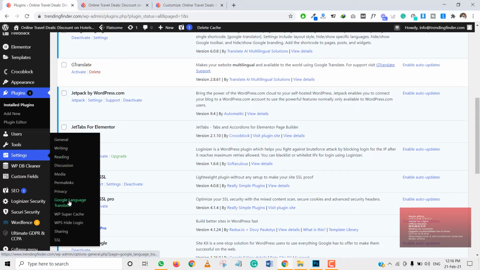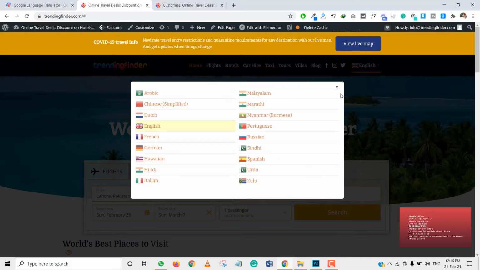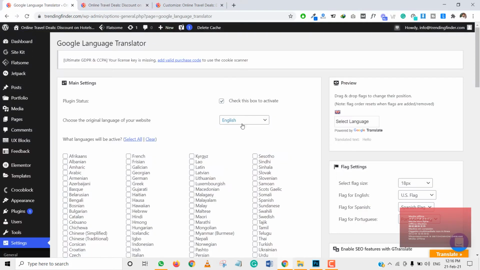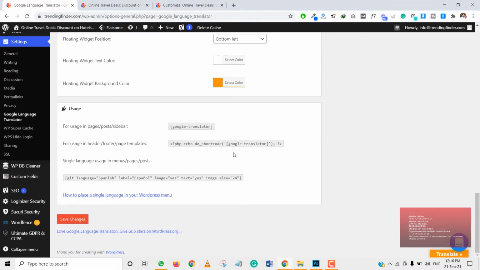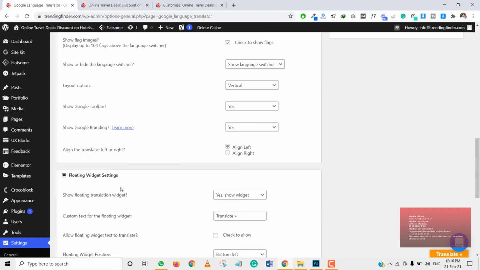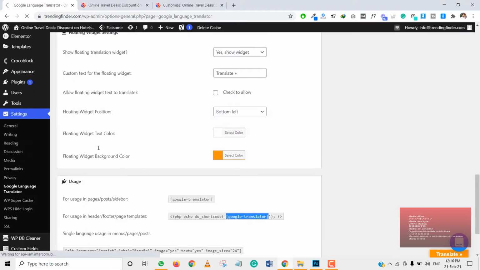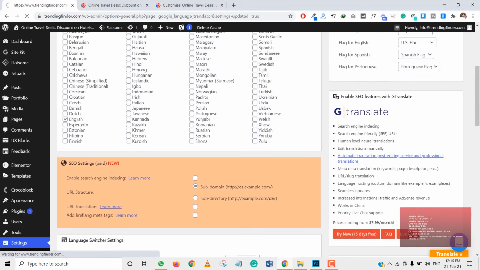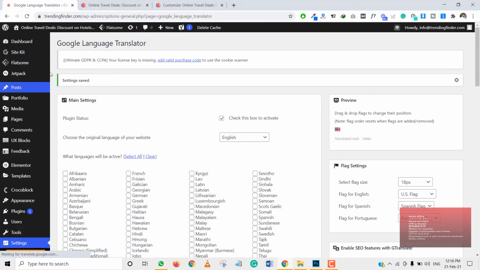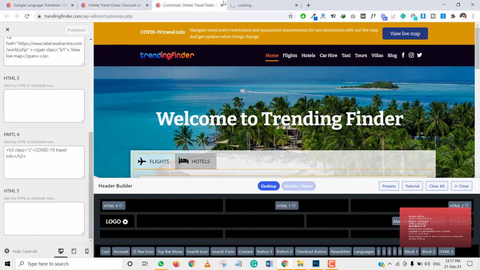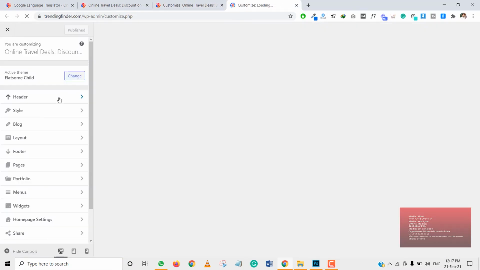So we can go to Google Language Translator. You need to check this checkbox to activate Google Translator. I'm showing you using the tag, so we can hit save changes and go to platform theme options, Header.